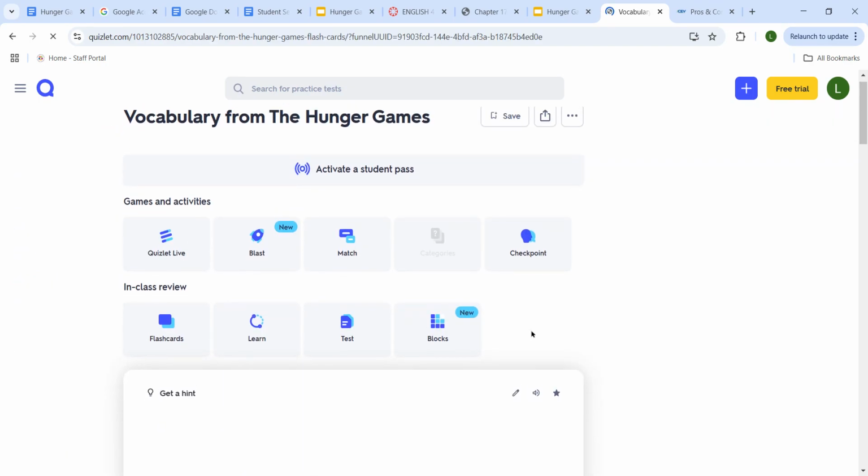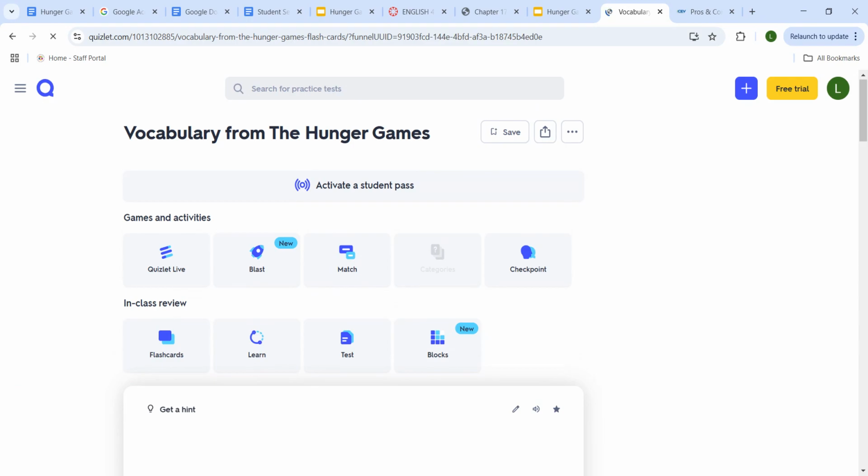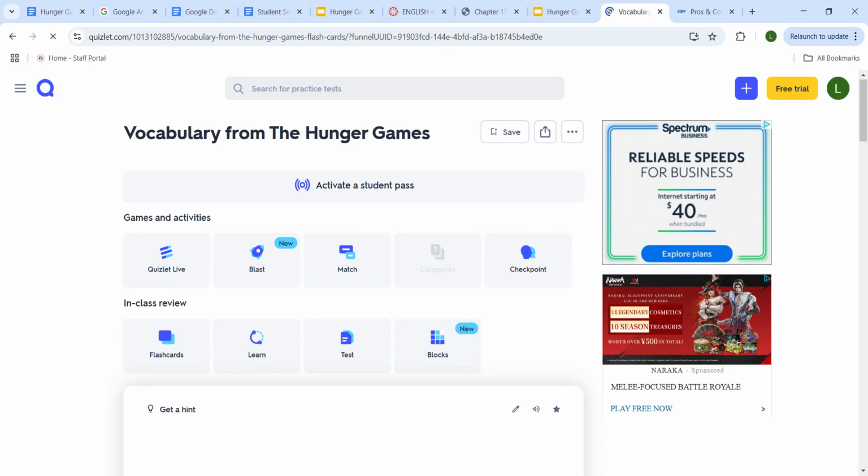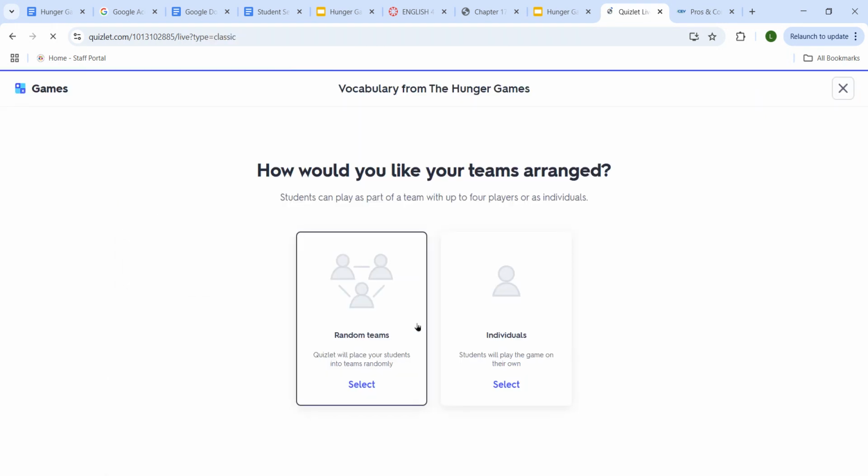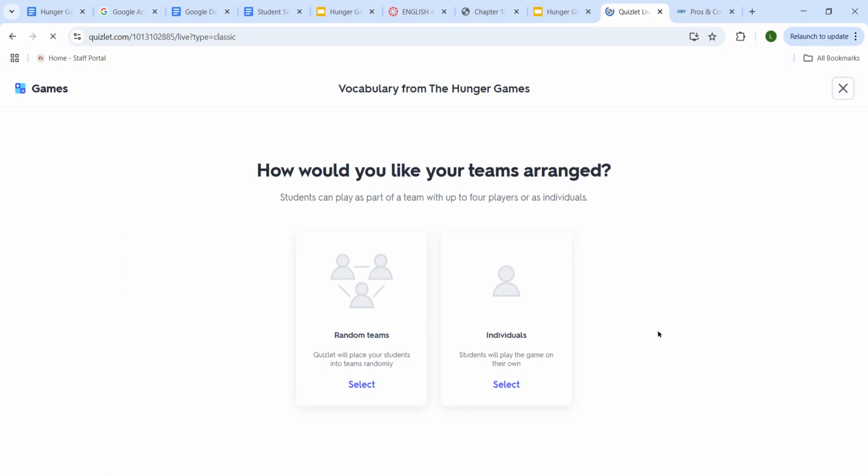Now, if I wanted to practice these flashcards with my class, I have a couple of different options, and this is where I really like some of the things Quizlet is now doing with students. I could actually play a game with students, present this on a smart board, and I could do a Quizlet Live. Just go ahead and click that really quick. So as you can see, it allows me to